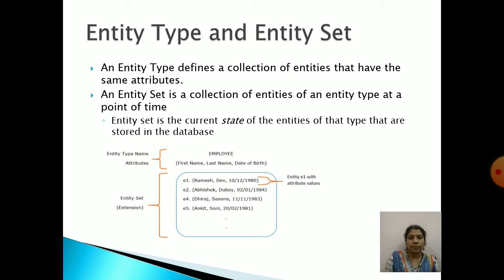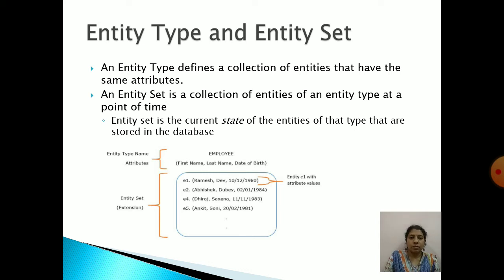In the example, employee has first name, last name, date of birth. So if I have 10 employees, all these 10 employees will have these three common attributes. One employee cannot have an extra attribute because I have defined these are the attributes, the properties. So all have the same properties. Then it is called an entity type.